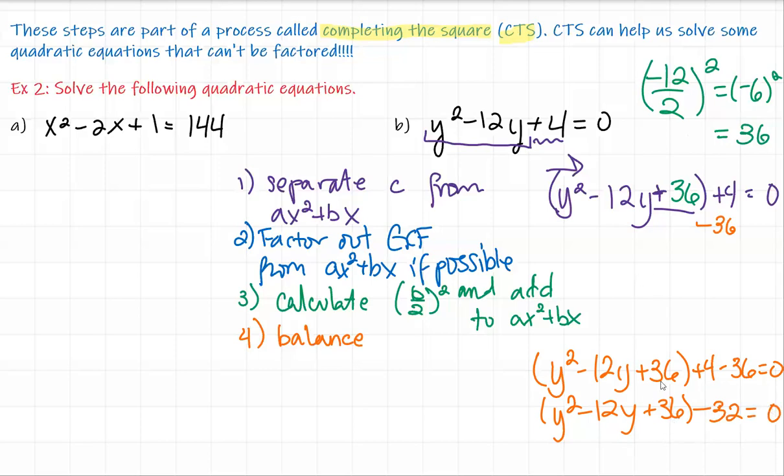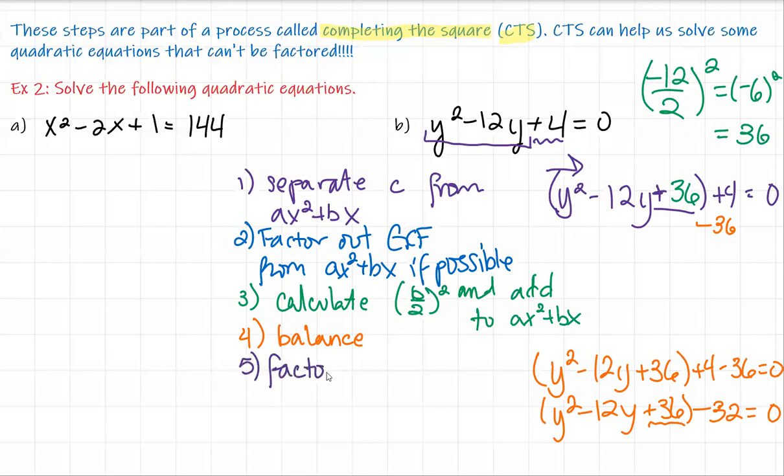Okay, so you always add in here to our ax squared plus bx, in this case our ay squared plus by, add it to that, and then subtract outside of the parentheses. All right, add on the inside, subtract on the outside. And then our step 5 is